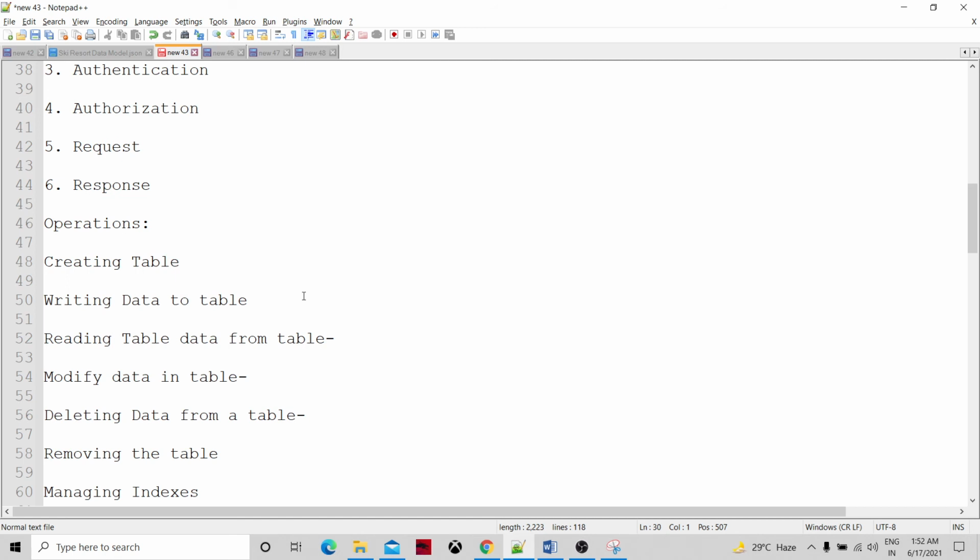If we talk in a little more technical terms, about day-to-day operations of databases, like creating a table: we have a create table statement in SQL. Similarly, in DynamoDB we can create the table using an AWS CLI command, or through any programming language, and getting the data from the table.